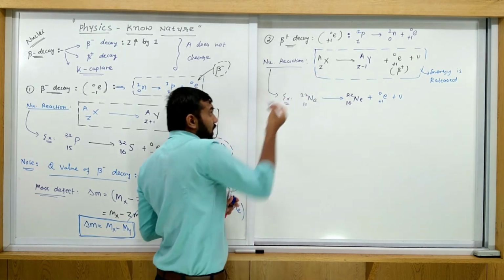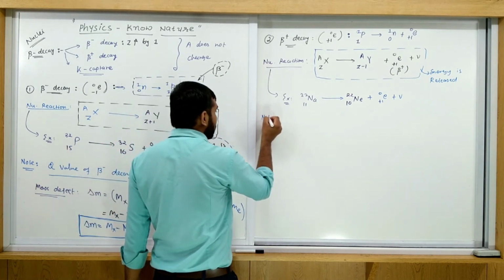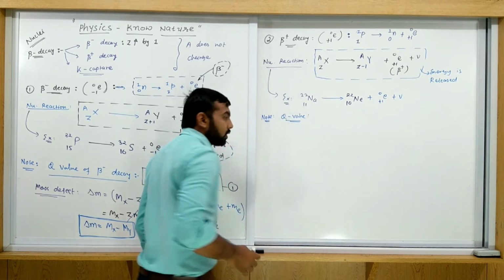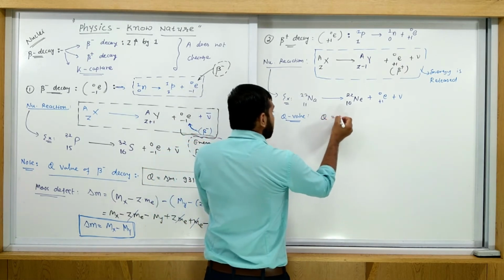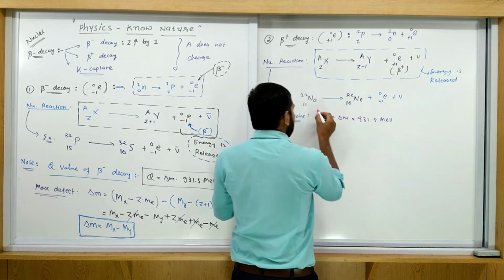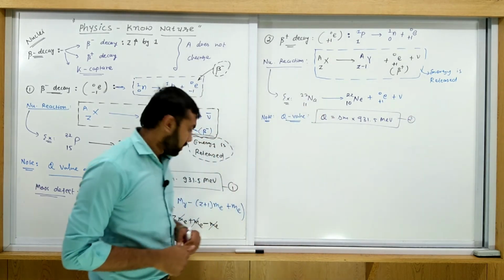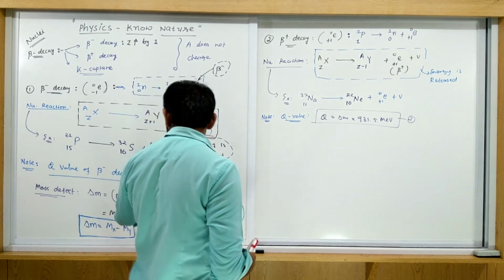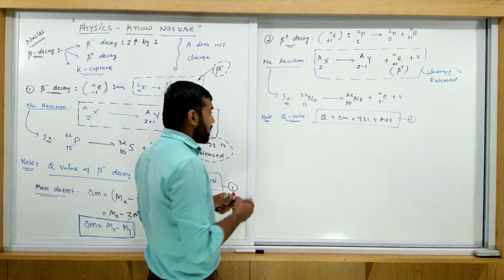If you calculate the Q value of any relation of this type, exactly similar to this one, write this in a note. How do you get the Q value for beta plus decay? Again, Q is equal to delta M into 931.5 MeV. This relation does not change. Equation number 2. Here we already gave equation number 1, so consider this equation number 2. For beta minus decay, use this delta M. Now let's find the delta M in this case. So, mass defect.